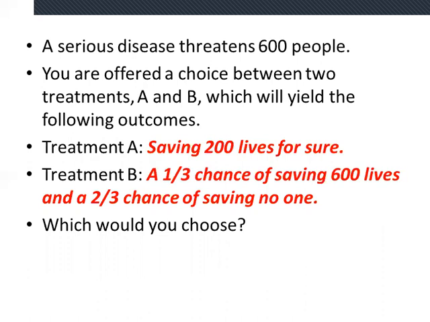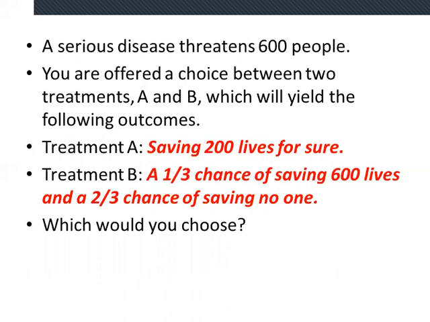So treatment A's description or claim is like this: saving 200 lives for sure. Whereas treatment B's claim or result is this: a one-third chance of saving 600 lives and a two-third chance of